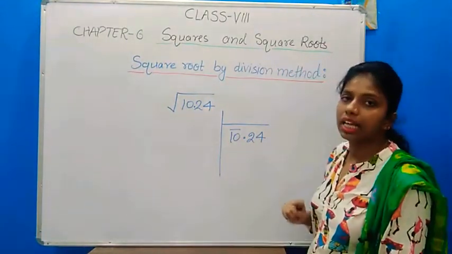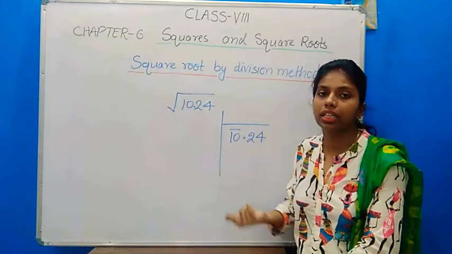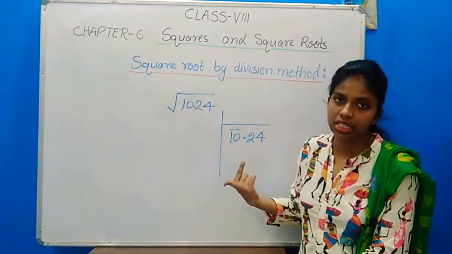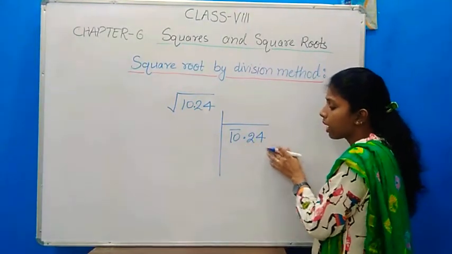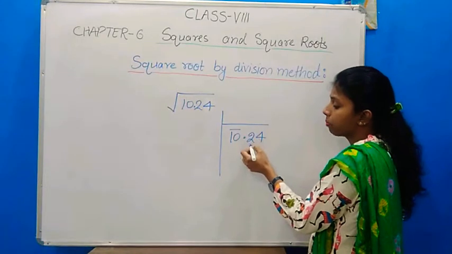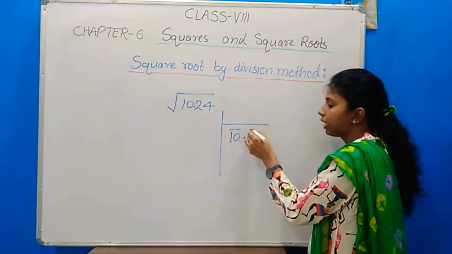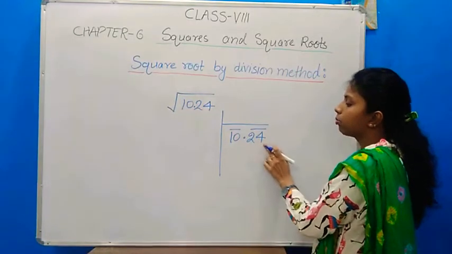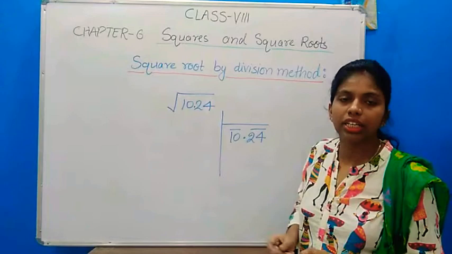After that we are going to start putting bars over the numbers that come after the decimal point, that is the decimal part. So we are going to put the bar from here, from left to right. Here the bar is going to move from left to right. So we can put the bar over this. After that, all the rest of the method is the same.